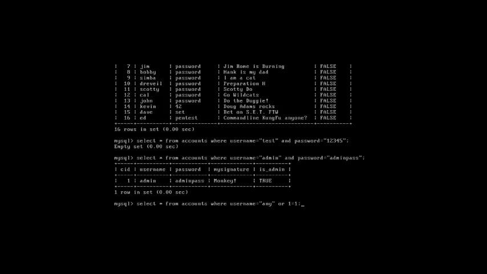Here 1 equals to 1 is always true, and we add two conditions, username equals to any or 1 equals to 1, by using the OR operator. So the condition is always true. That's why it gives us all the results from the table accounts.